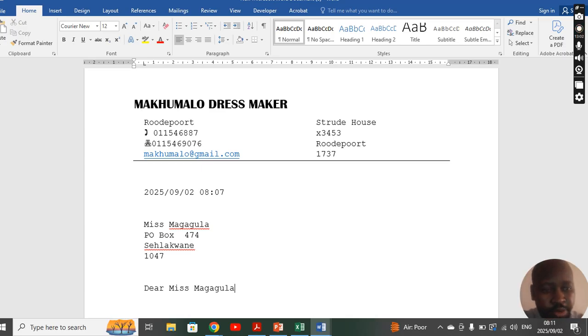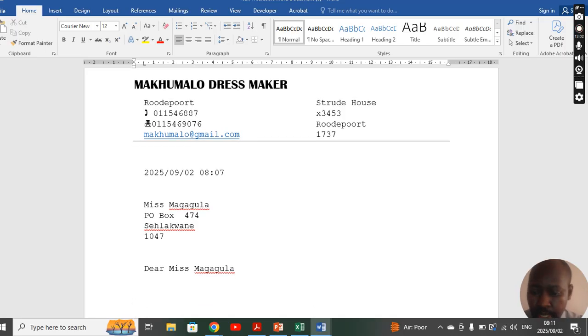Okay, thank you. That's all I have for today, because the purpose was to show you what is the letterhead. So this part, the top part of the letter, this one, is called a letterhead, and we've created it in